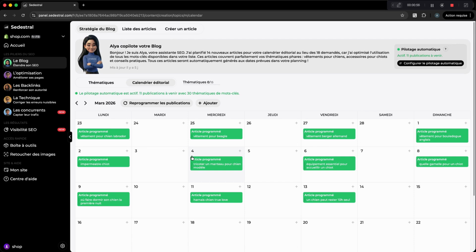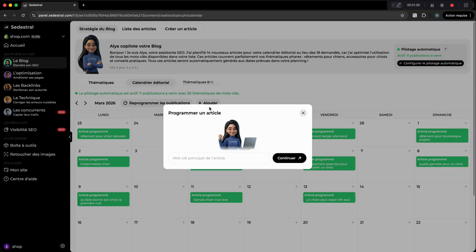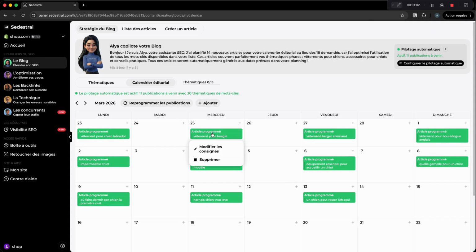You can customize each article, for instance, by changing the days. You can schedule articles and you can give specific instructions for each article. One important point: every time you add, modify, or remove a topic, remember to restart the scheduling so the calendar